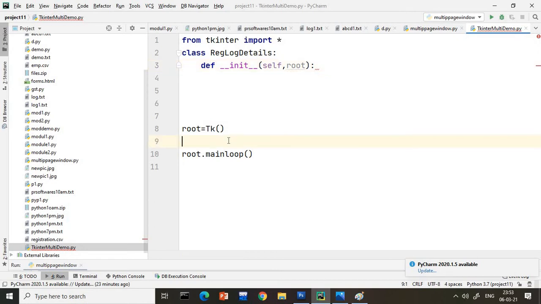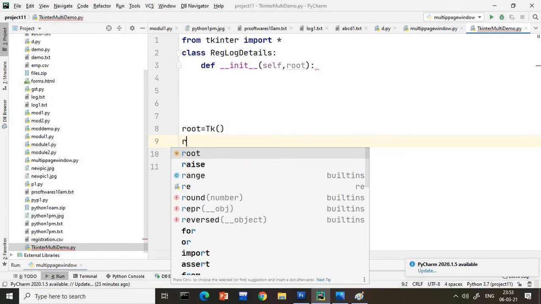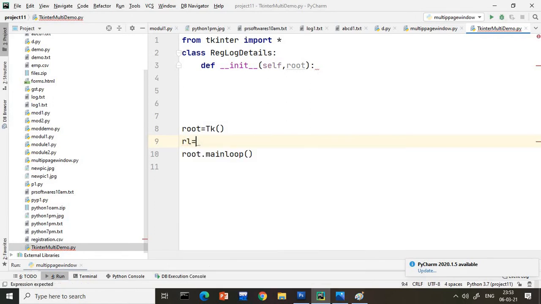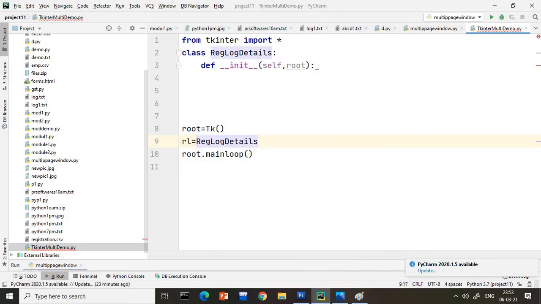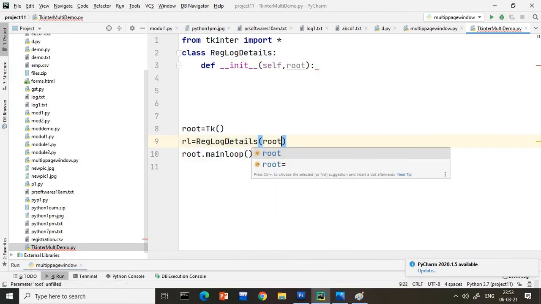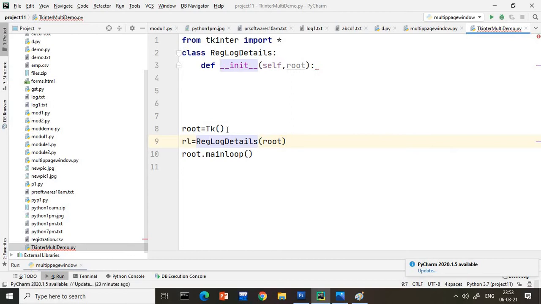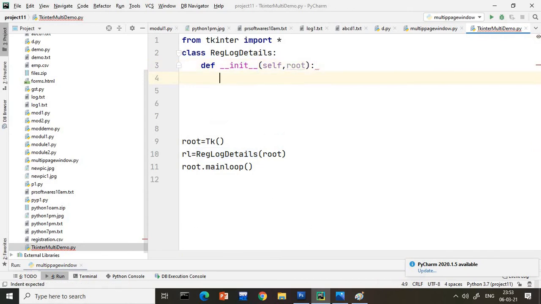I will create rl, nothing but registration login, equals RegLoginDetails. In that I will pass root. Here root is my Tkinter object which I am going to pass in the init method, nothing but the constructor. With the help of this I am going to create my first window.